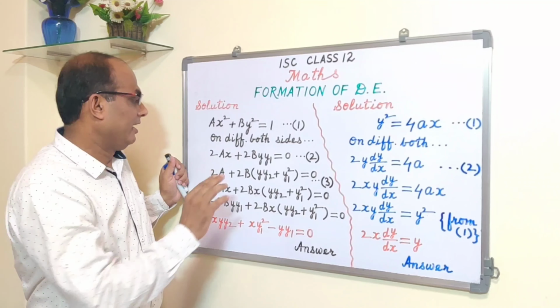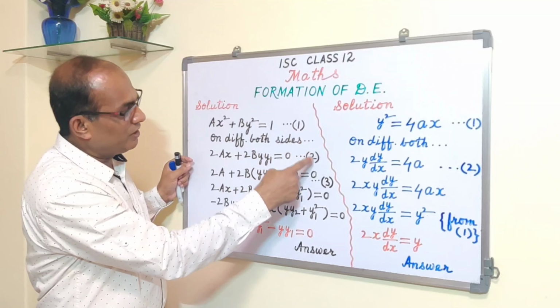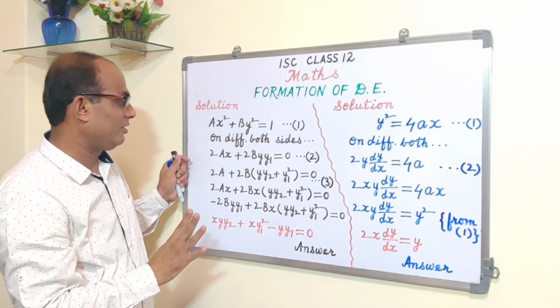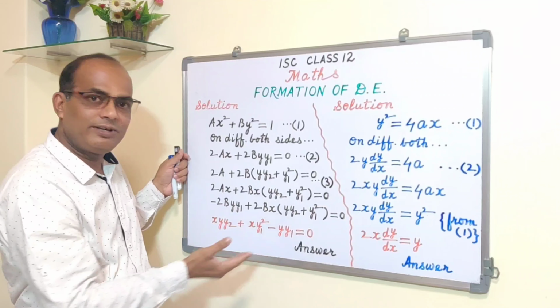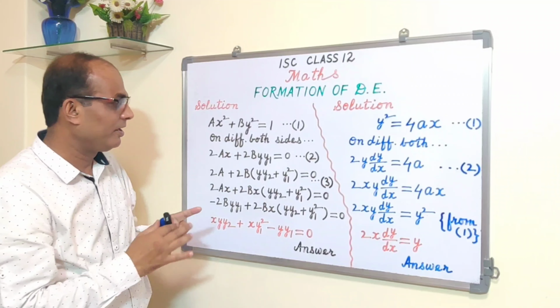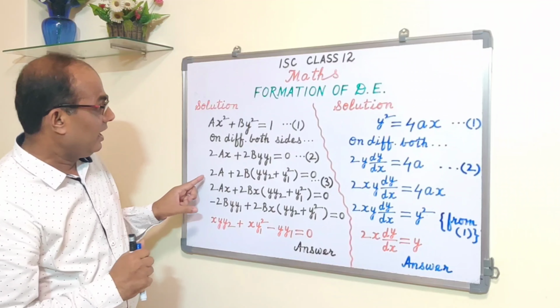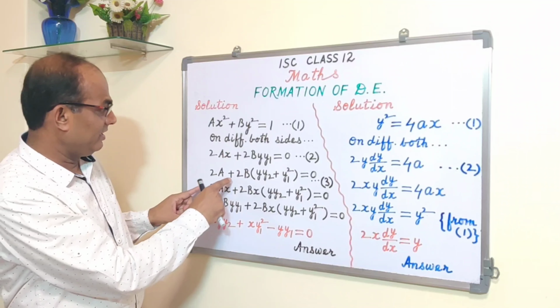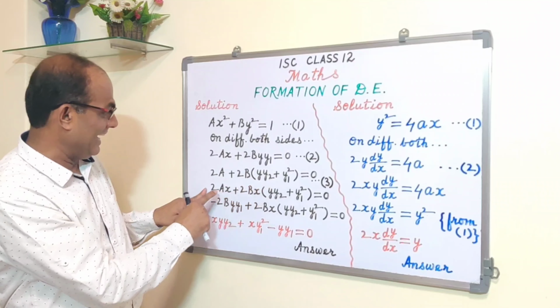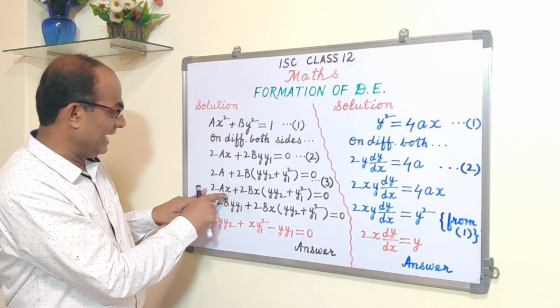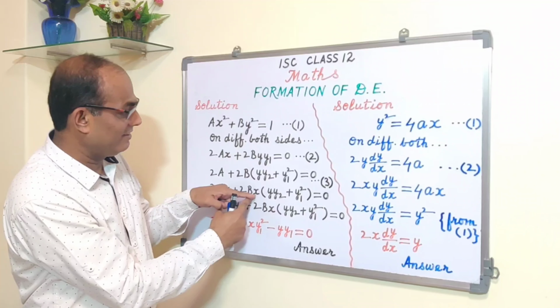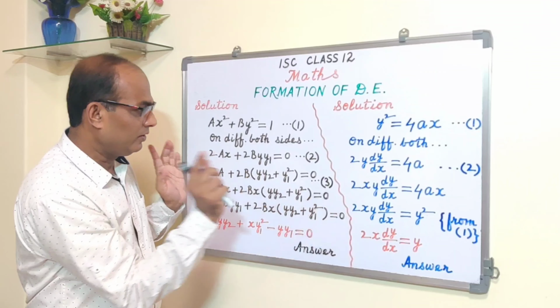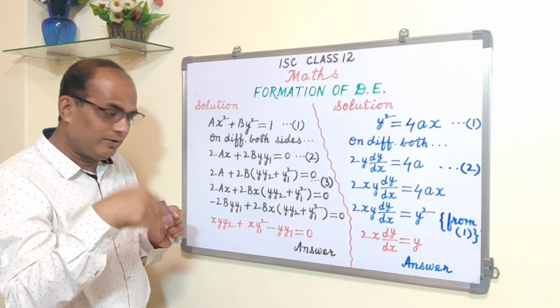Alright, done. Now with the help of these three equations, first, second and third, we will try to get rid of a and b, and then that will be our answer. Okay, what I am doing, see, I'm multiplying this equation throughout by x. So 2ax plus 2bx is equal to 0 into x is 0. Now why I am doing that, you will come to know.